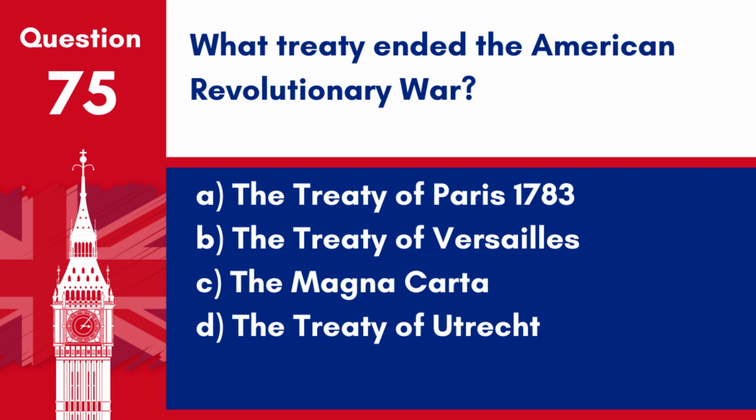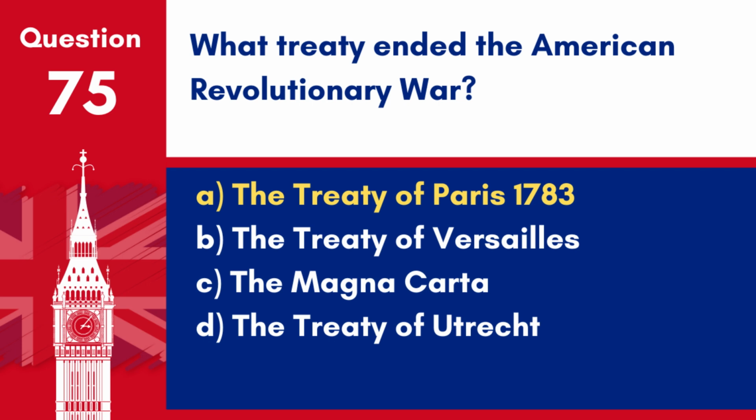Question 75. What treaty ended the American Revolutionary War? A. The Treaty of Paris 1783. B. The Treaty of Versailles. C. The Magna Carta. D. The Treaty of Utrecht. Answer: A. The Treaty of Paris 1783. The Treaty of Paris in 1783 formally ended the American Revolutionary War between Great Britain and the United States of